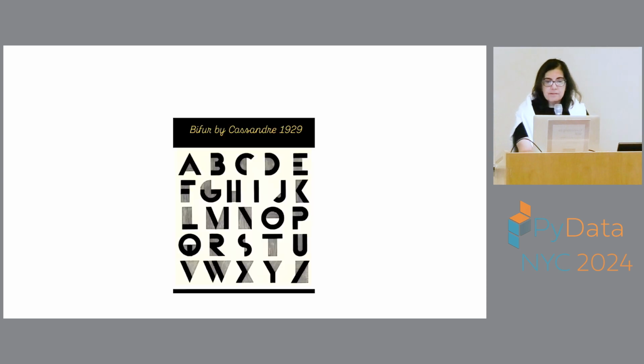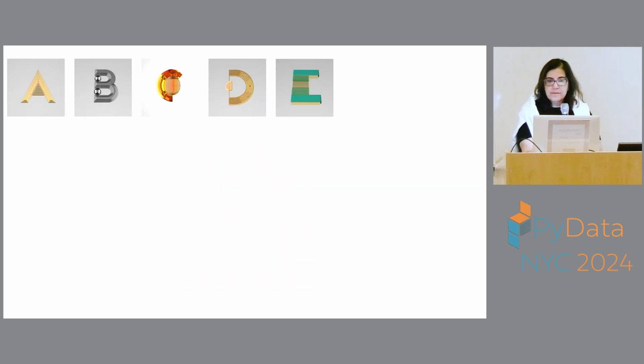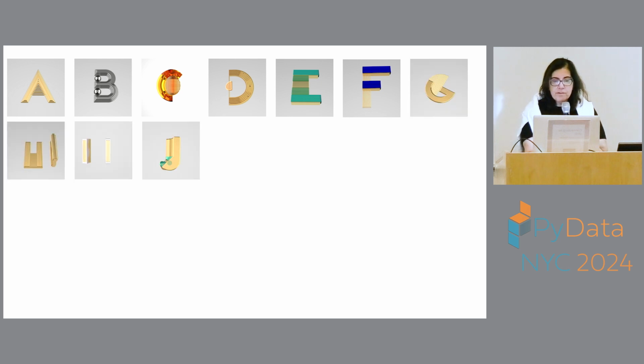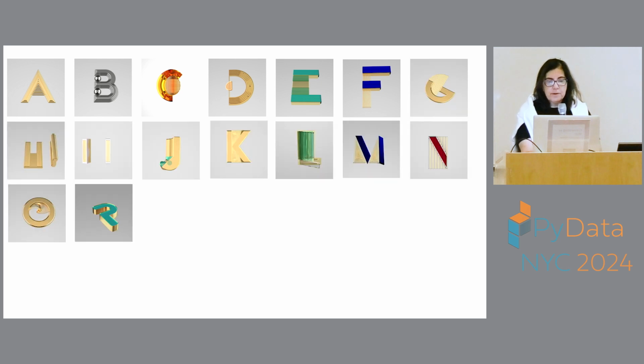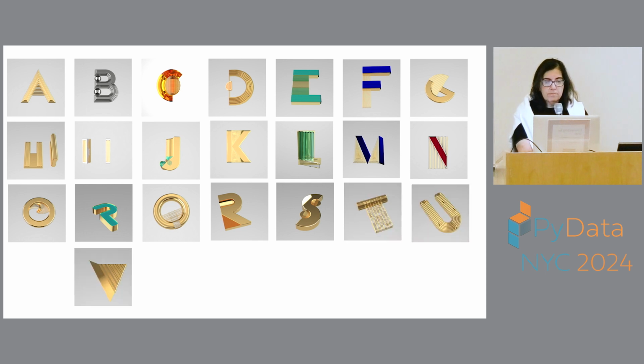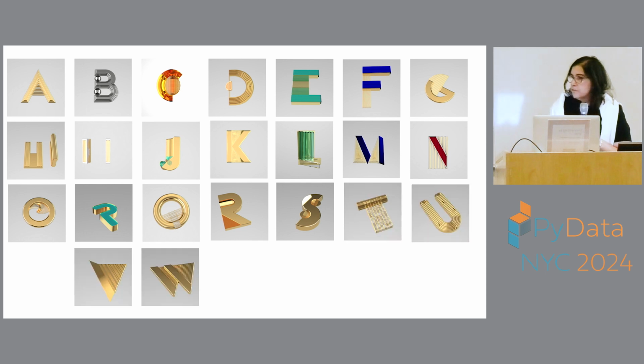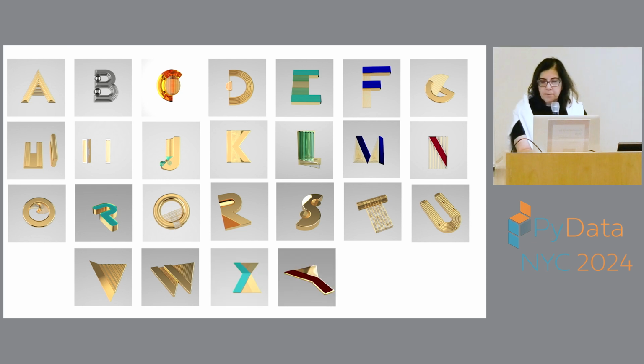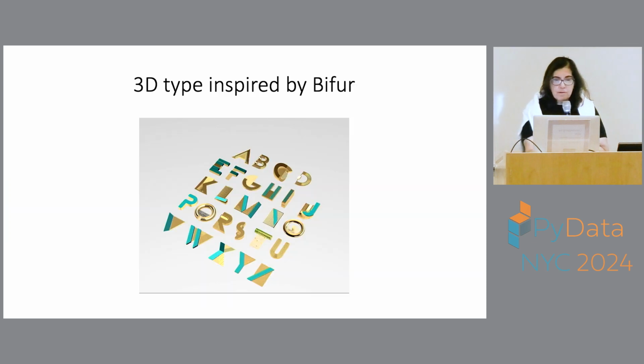So this is a typeface by Cassandre, Art Deco, 1929. And I thought, how do I take that and make it a 3D model? These are my versions of it, and all these are made in Rhino, using Grasshopper with algorithmic tools. And I thought, okay, this is so beautiful, everybody liked it, but I looked at it and I'm like,